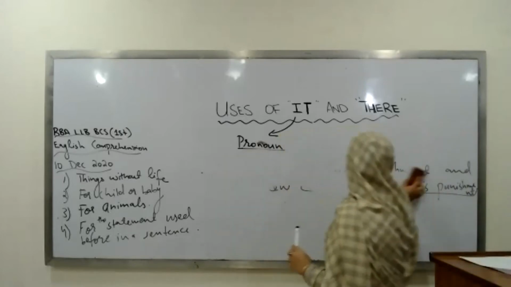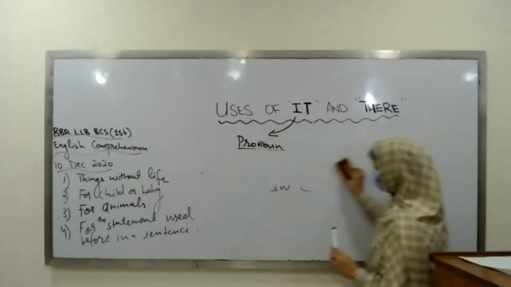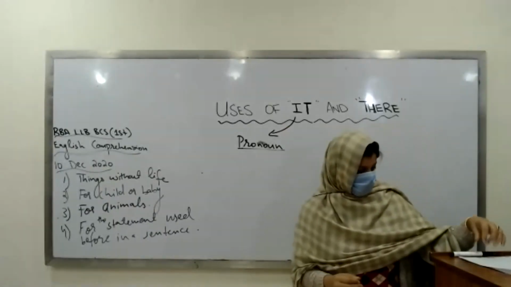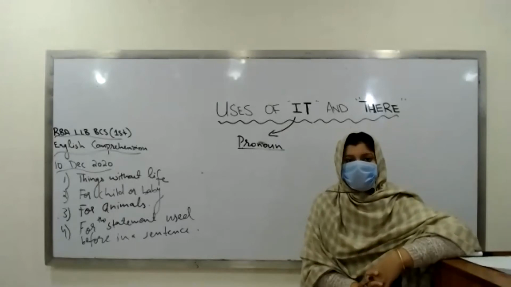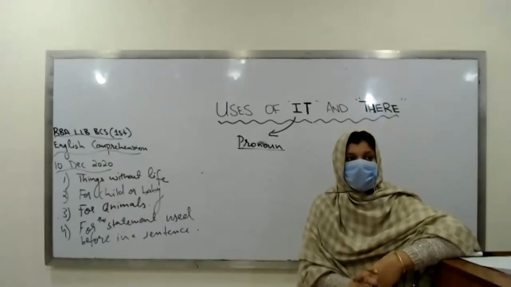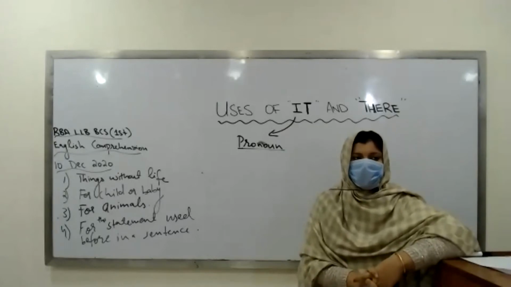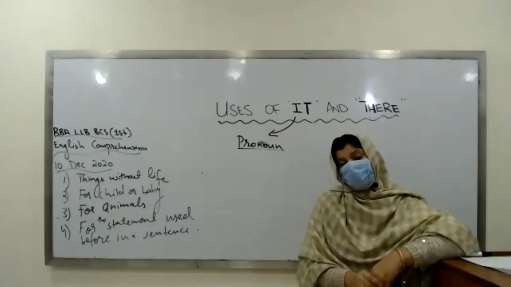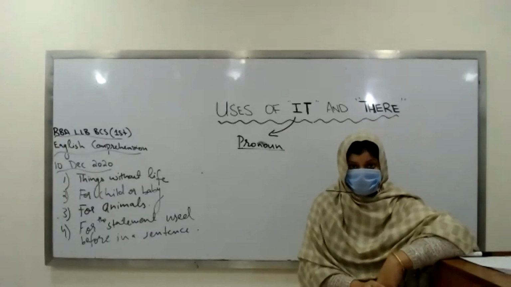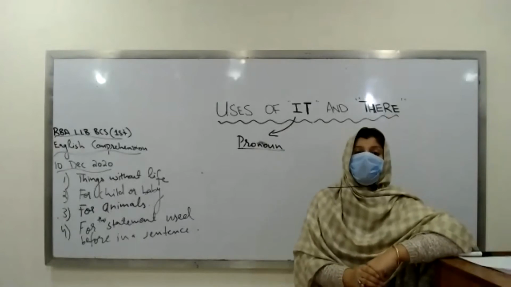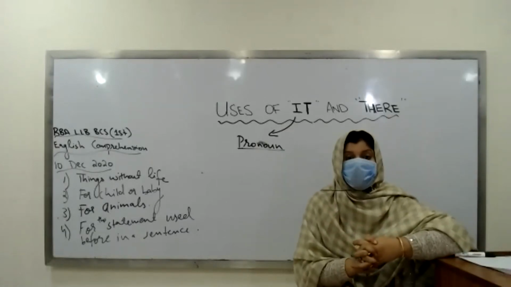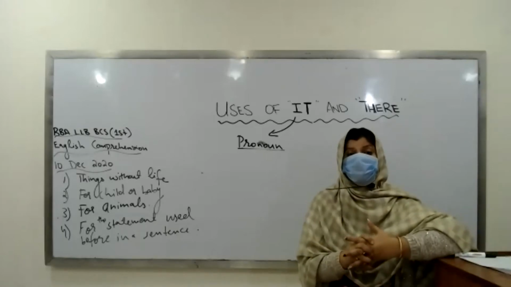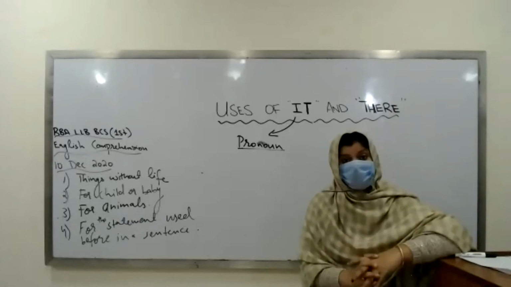Next use of it. Now, suppose if someone draws a beautiful picture, a very perfect picture on a page, and I ask him that who has drawn this picture? जिसने बनाई है, अगर वो मुझे सिर्फ ये कहता है, मैम I drew this picture, तो ये एक simple statement होगी. But if he says it is me who drew or who has made this picture, तो यहाँ पे second time जो उसने कहा है